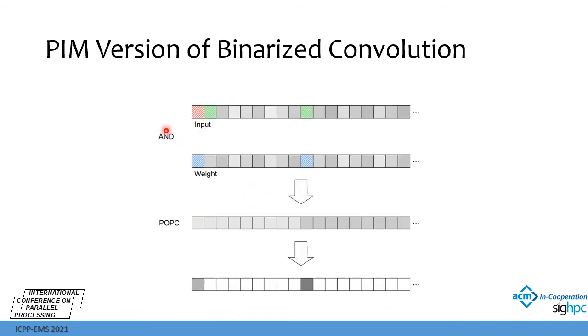After changing the memory layout of input and weight, the input memory rows and weight memory rows can do AND operation using the processing memory instruction. After doing AND operation, we can use the population count instruction to get the result. Because our population count operation can operate on a long length of elements, the summation operation can be replaced. So after the population count, the result will be the same as the normal version of the binarized convolution.